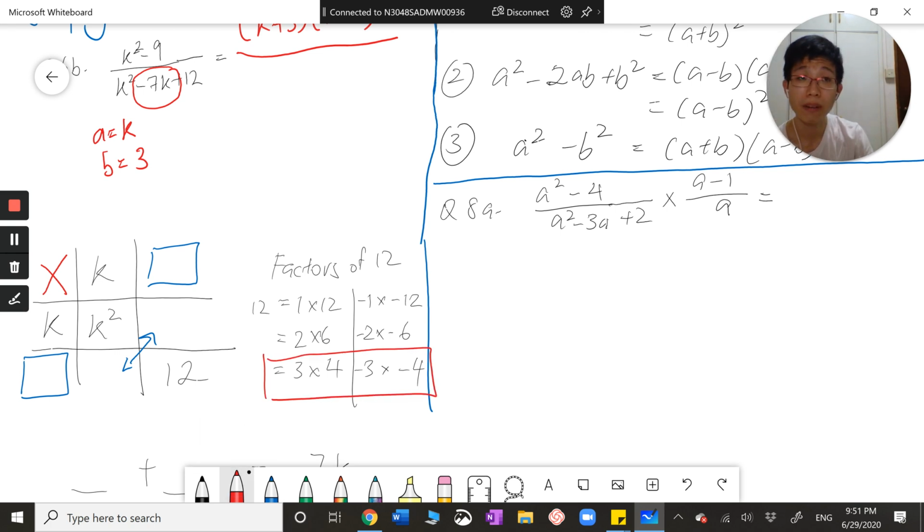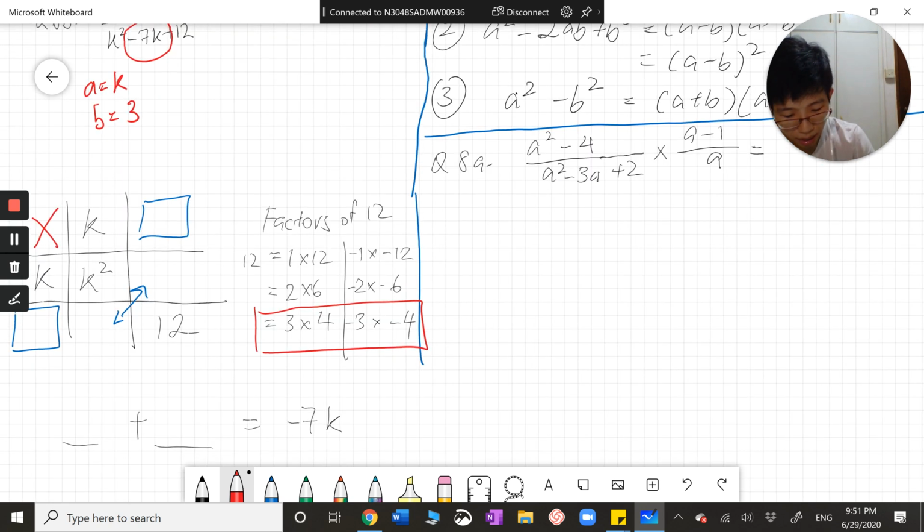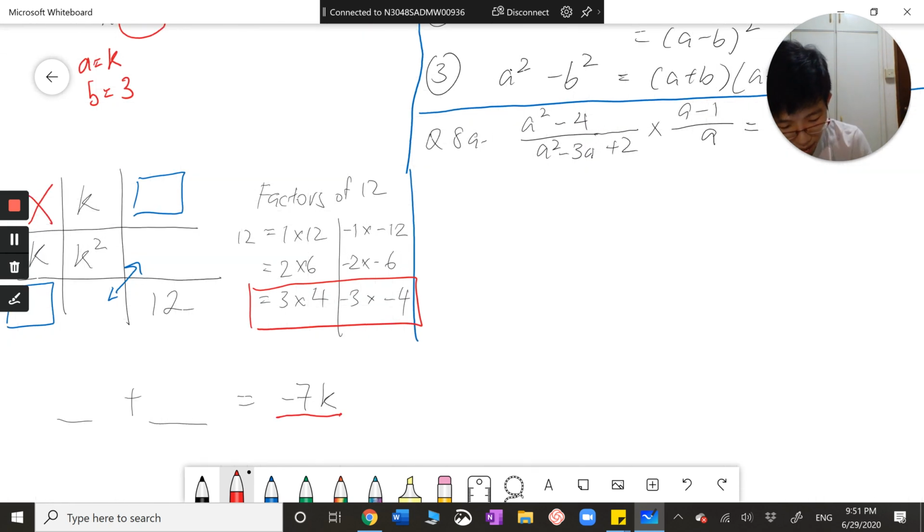And I try to play with the factors in this region. So now the next thing I look out for is that this one is a negative 7k. There's a negative sign in front, which means my factors that I choose at the start must have a negative sign in front also. That's why my answer will be